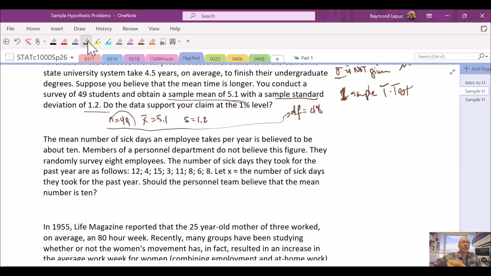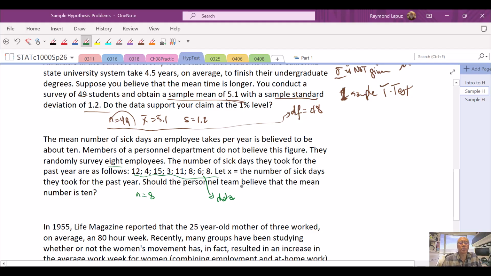We have the mean number of sick days for an employee is believed to be about 10. Members of the personnel department don't believe this figure. They randomly survey 8 employees, so let's write down n is equal to 8. The number of sick days taken for each employee is given as follows. So we have the data here,